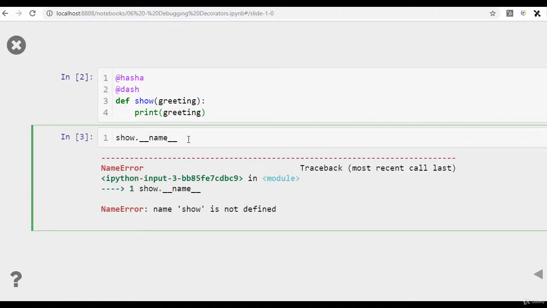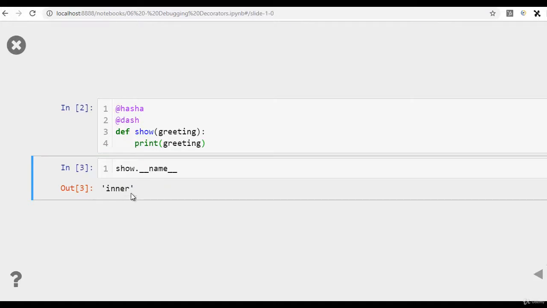Now I'm going to use the attribute name with the show function that I just created, and I get inner. Now you see within the show function there is no inner, but it is giving me the name as inner. So this is a kind of disadvantage of using decorator functions: when we define the decorator function, it actually refers to the decorator, not the actual origin of the function. It should have shown me show, that is the name of the function,